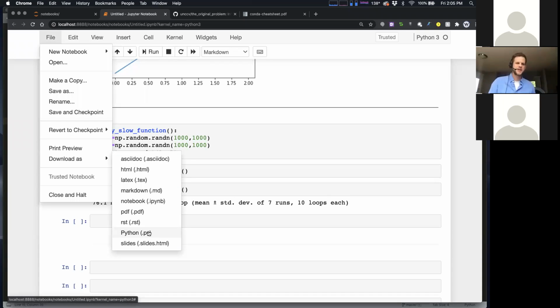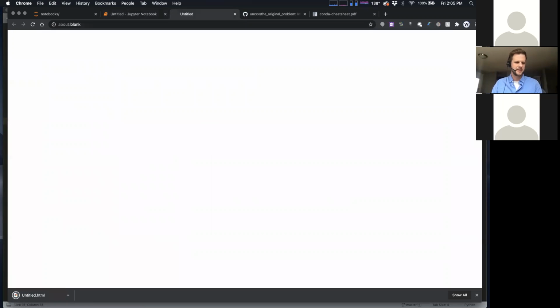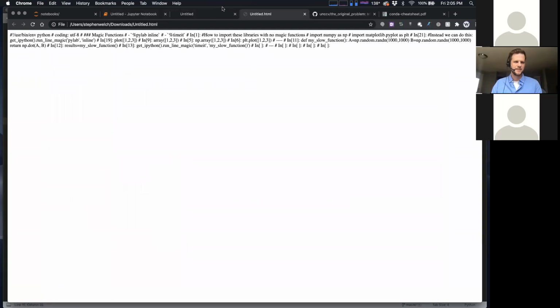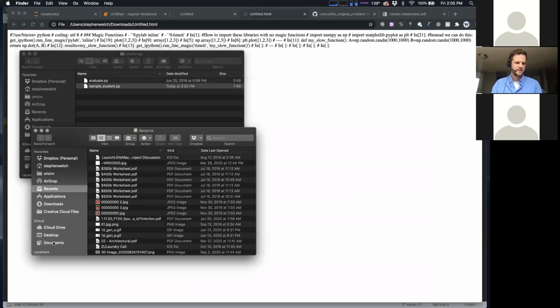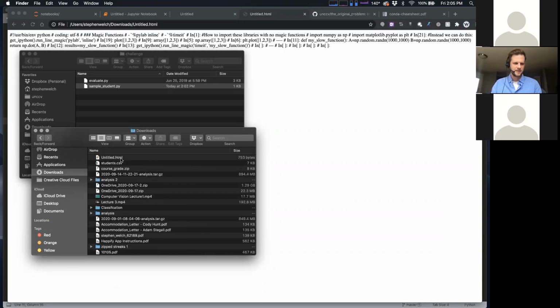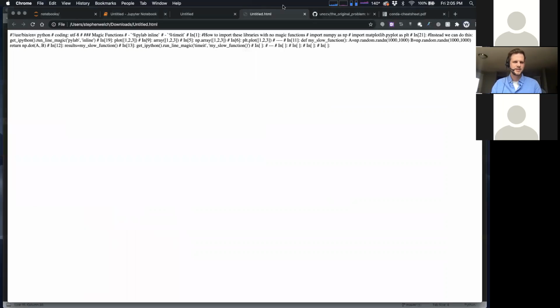Now, it will bring some extra stuff down. Actually, I very rarely use this. Let's see here. For me, it just downloaded it as an HTML document. But let's see, I bet if I go to downloads, then it will be. That's not a function I use very often, but that is a cool option to have. Why did it download as an HTML? That's weird. It might take a little bit of experimentation.